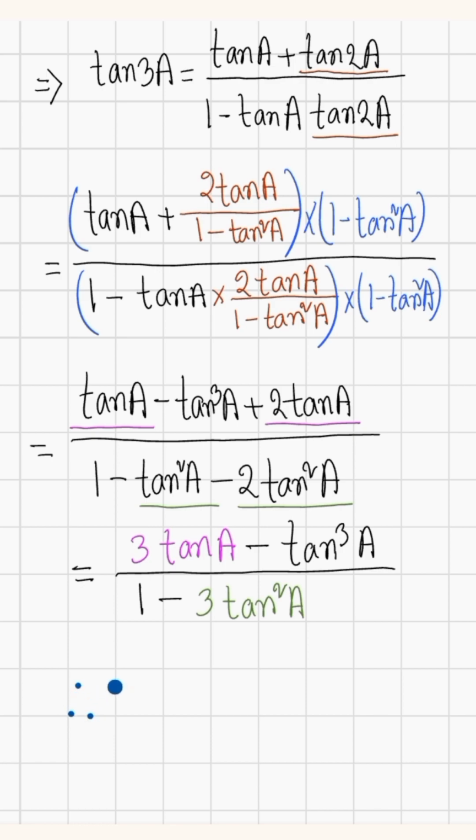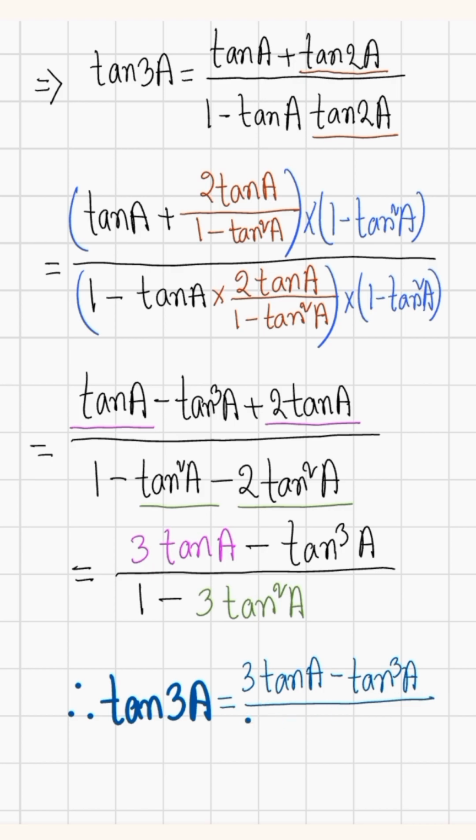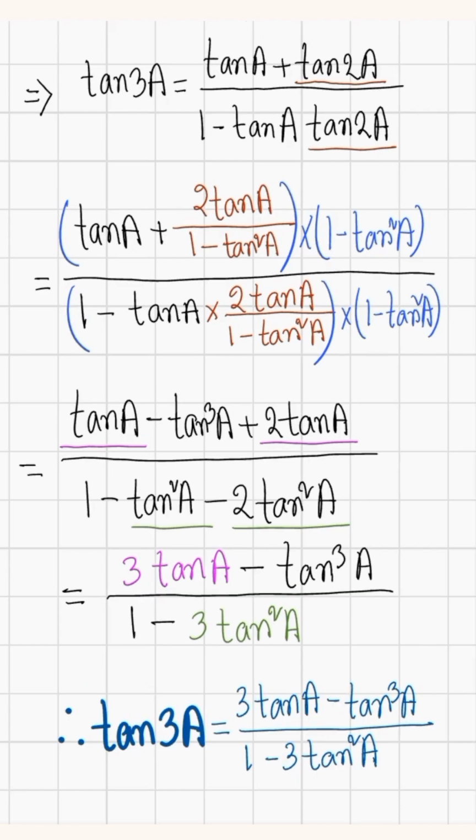সুতরাং tan3A equals to 3 into tan A minus tan cube A divided by 1 minus 3 into tan square A. ব্যাস এইভাবে খুব সহজেই tan3A এর সূত্রটিকে আমরা বের করে ফেললাম।